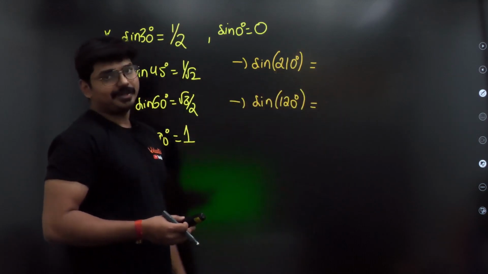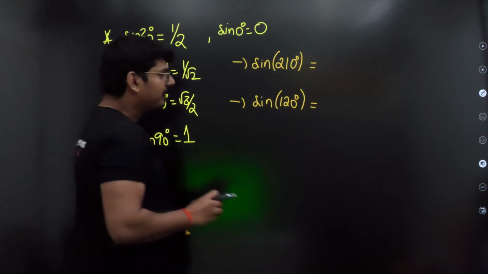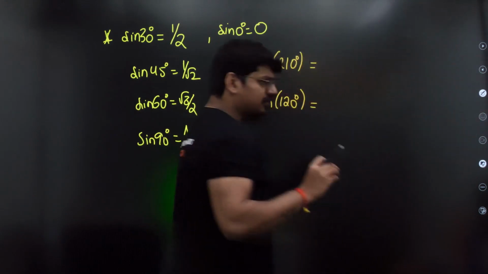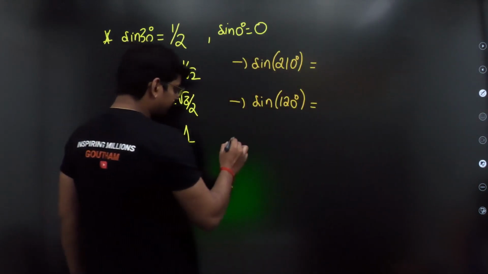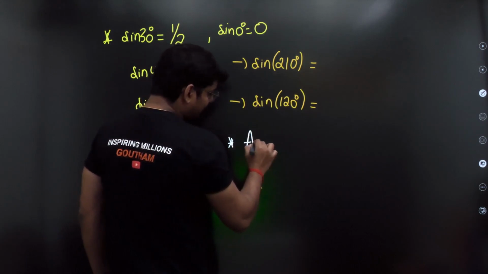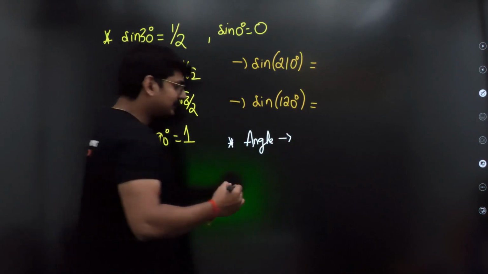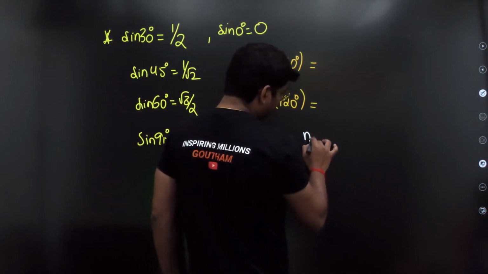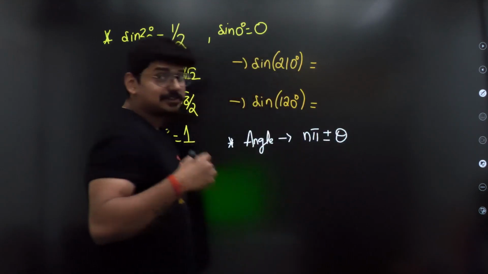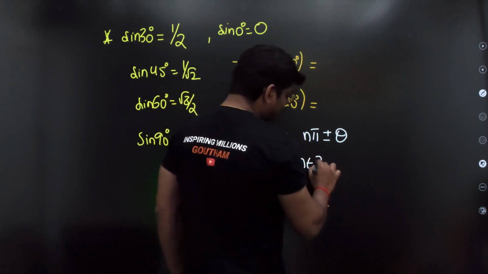Now this is very, very important, guys. What we will be doing here is pretty simple. We will be following a very simple logic. There are basically two simple logics you have to remember. What is the first logic? Remember that, let's say, if the angle is in the format n pi plus or minus theta, where n you can basically take as any integer,